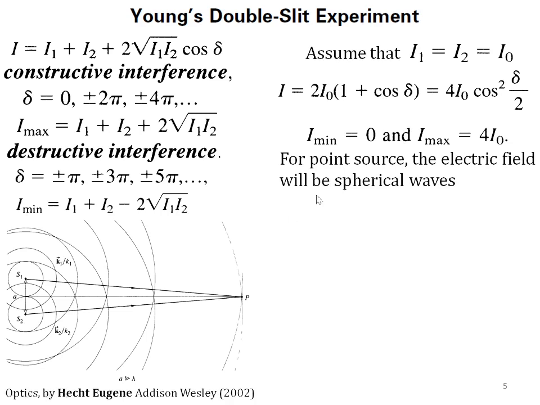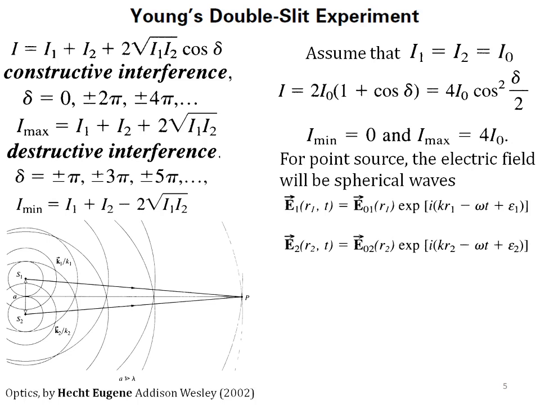Okay. For a point source, the electric field will be spherical. Now let's come to this story which we want to discuss here. So we will be using this part now, and the other formalism will be modified for point sources. Now in that case, our electric fields will have amplitude parts that are functions of r, and you know what this is for a spherical wave? This is E01 divided by r1, E02 by r2, something like this. R1 and R2 are the radii of the spherical wave fronts overlapping at